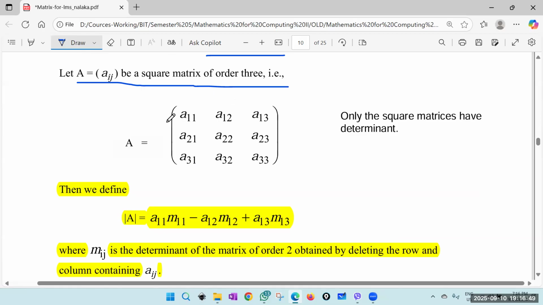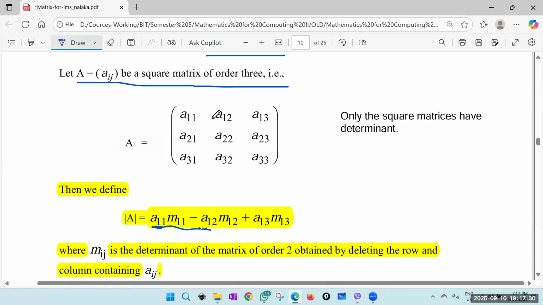Let's assume we use the first row. Take the first element. When you take the first element, shade the row and column related to it and find the determinant of the other square matrix. Then you get a smaller square matrix, a 2 by 2, so the multiplication is A22, A33 minus A23, A32. Okay. Then minus the second element into,